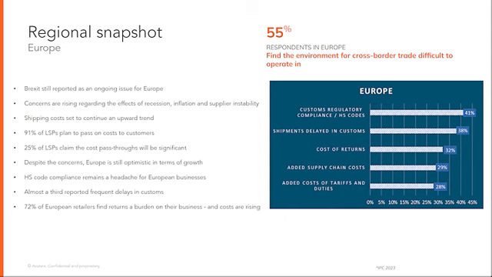I think just some key things to mention here, and I did speak about it a bit earlier in key trends, but 91% of logistics service providers are passing those costs on to their customers. So any increases they've had in supply chain from carriers, they're passing on. 25% claim the cost pass-throughs will be significant. So again, I think there were COVID surcharges, Brexit surcharges that came into play in the last couple of years that are being passed on. So, making the added supply chain costs quite a lot higher.